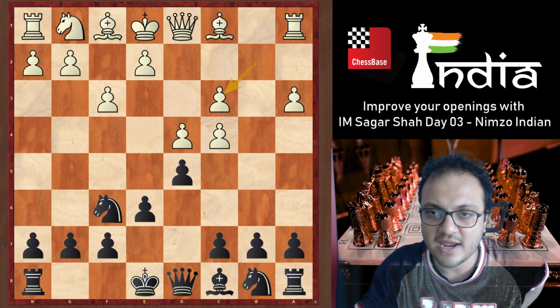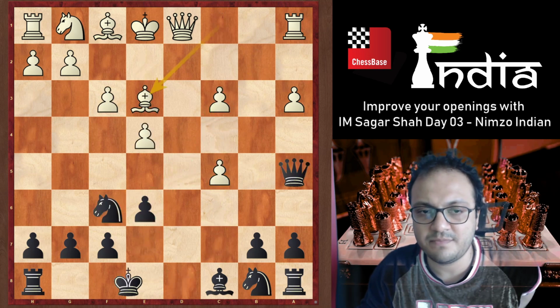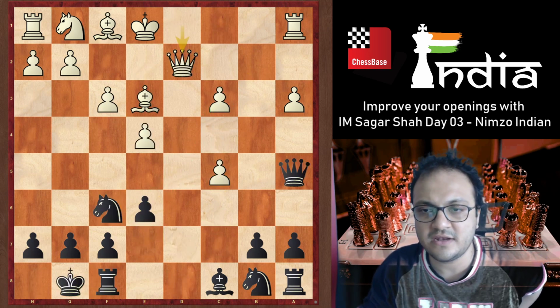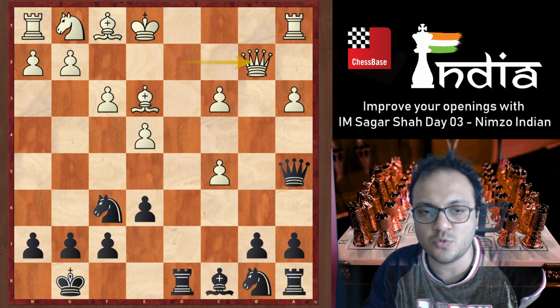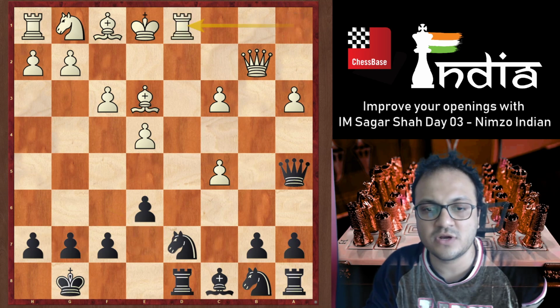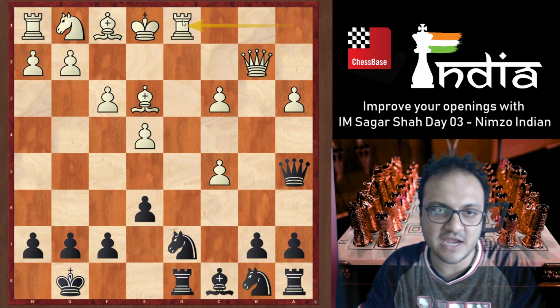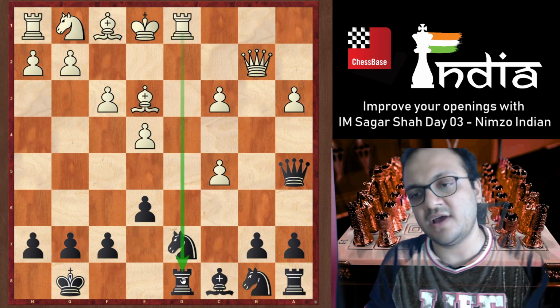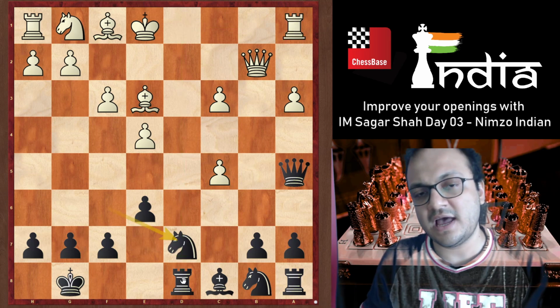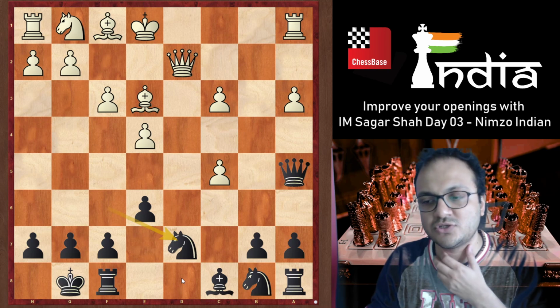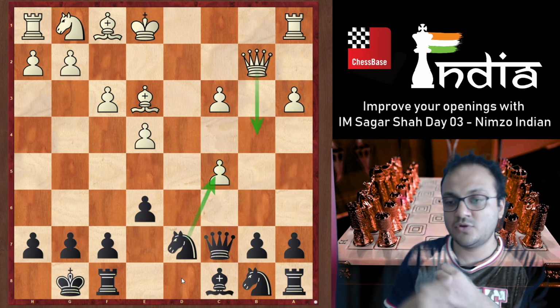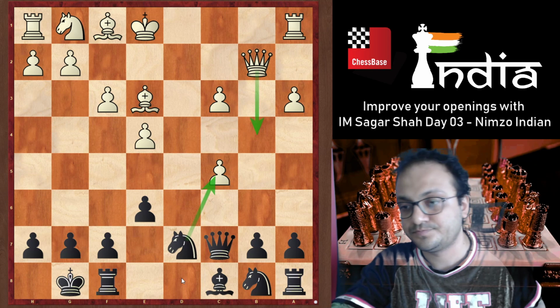Shashank, you are right. Even if I played rook d8, I was thinking of this move in the game, but then queen b2, knight d7, rook d1. I didn't like this kind of pin here down the d file, and that's the reason why I decided not to play rook d8. But your move is good actually; it's not so bad, and take on c5 here.